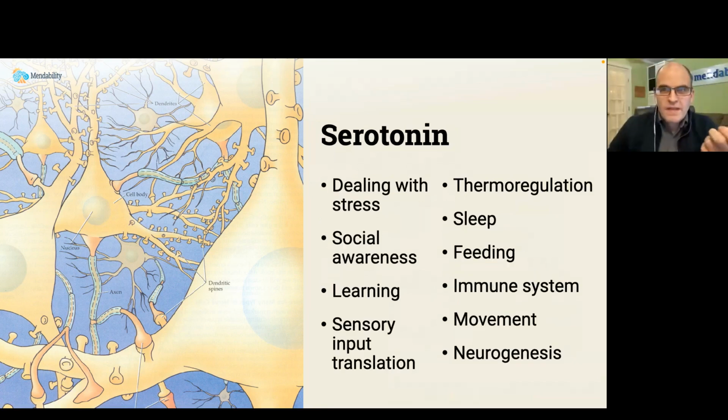With serotonin, we're dealing with stress, we're dealing with social skills, we're dealing with learning as well, the translation of sensory inputs, with sleep again, with feeding, with the immune system, even digestion. I had a call this morning with a client about digestion. And neurogenesis. With a healthy serotonin regulation, you can improve the ability of the brain to create new cells.